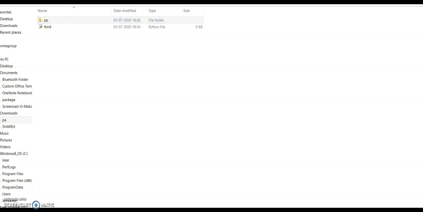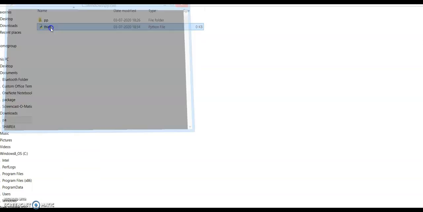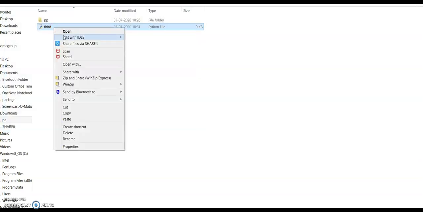Under the PA folder, I am creating the PP folder, and third is a Python module. Under the PP, it is a package since it contains the init file. So it contains the first module and second module. Under the PA, I am having the third module.